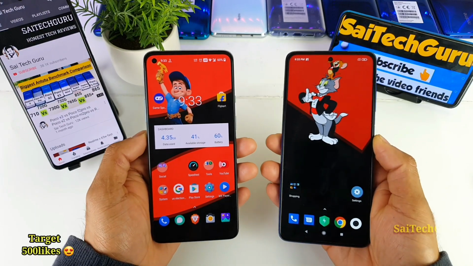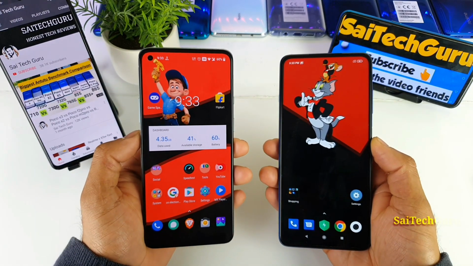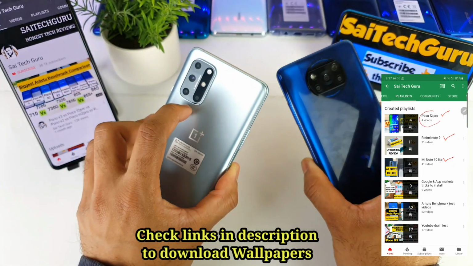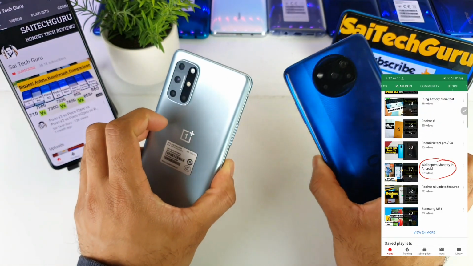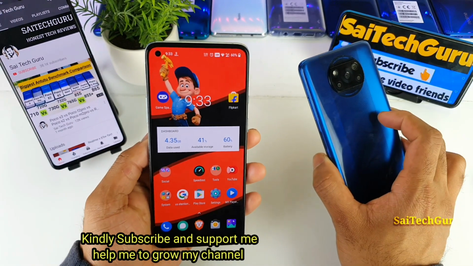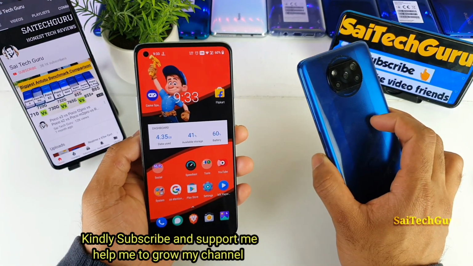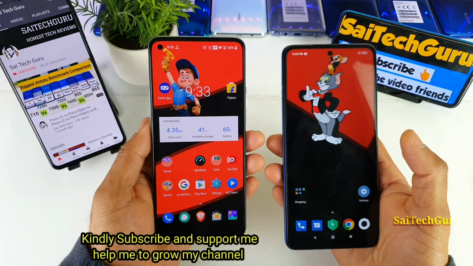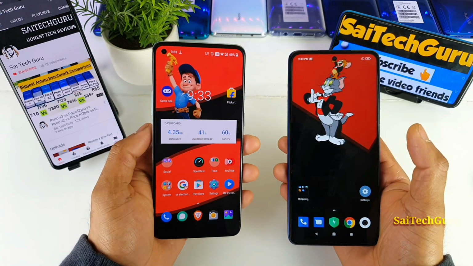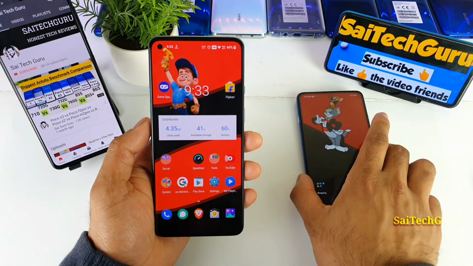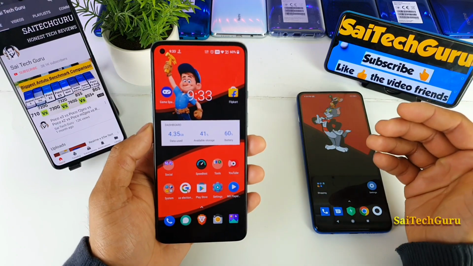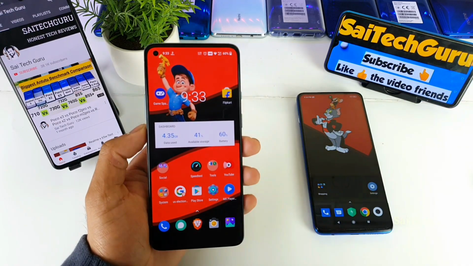In this video, I'll be doing the 4G data speed test comparison between the Poco X3 versus the OnePlus 8T device. The Poco X3 is a mid-range segment mobile phone, whereas the OnePlus 8T is a premium end smartphone. So in this video, we'll be testing the 4G connection speed side by side with the Poco X3 versus the OnePlus 8T. So let's see, friends, whether the mid-range segment mobile phone is actually close to the premium end segment mobile phone or not.